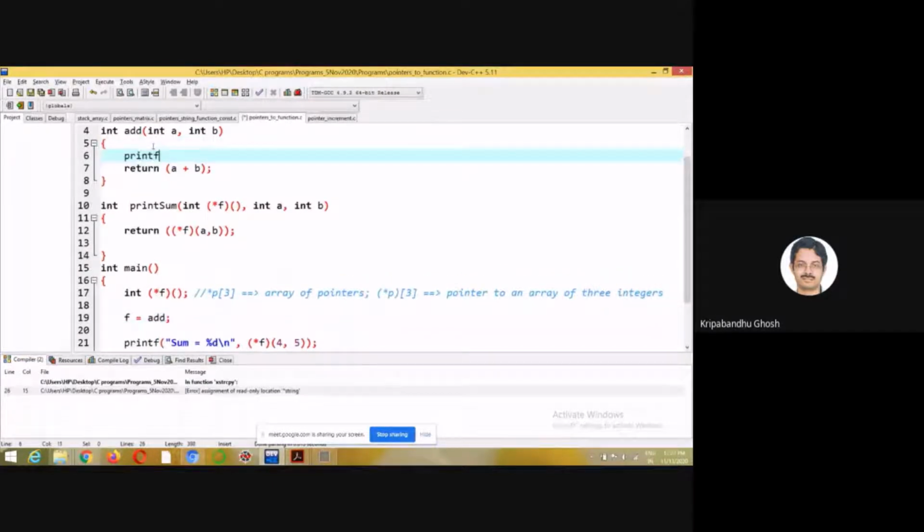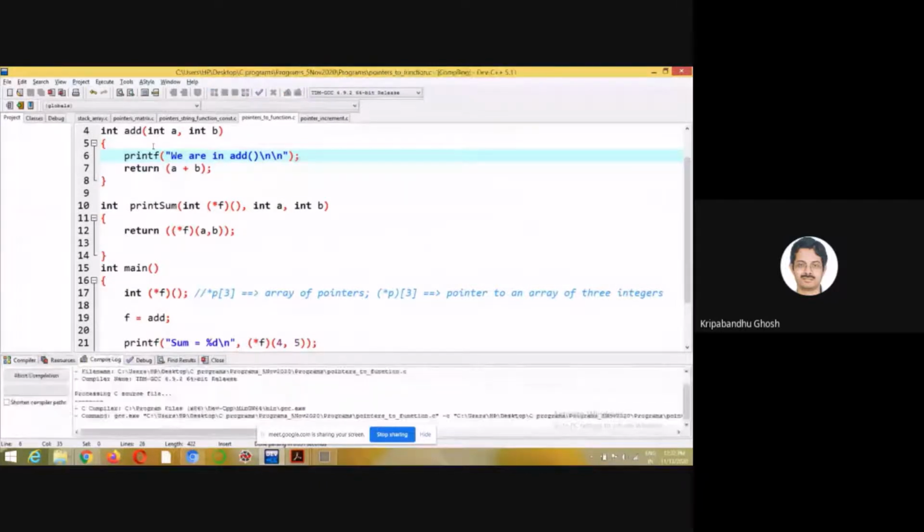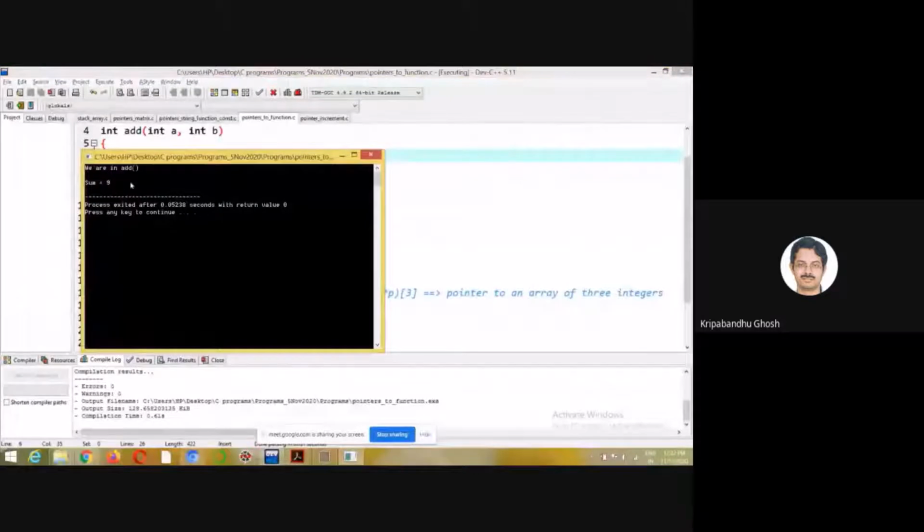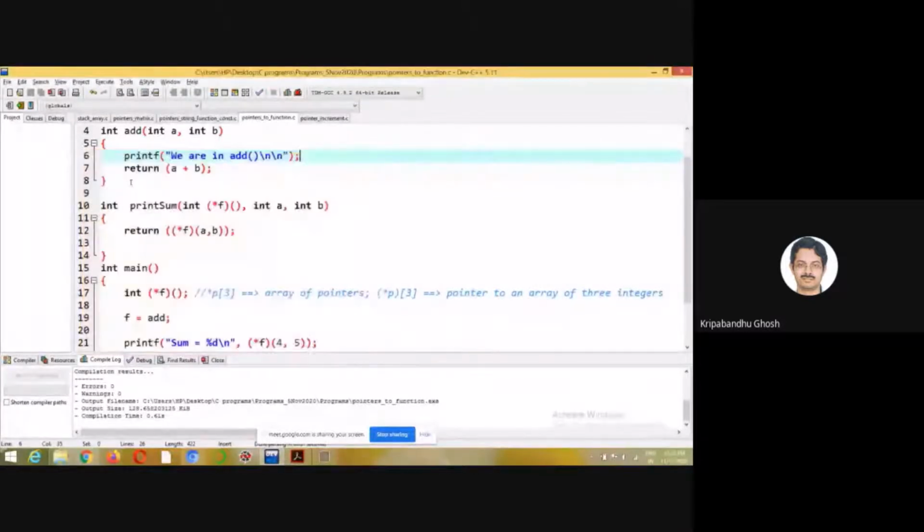We are in add, and I'm passing 4 and 5. What is add doing?